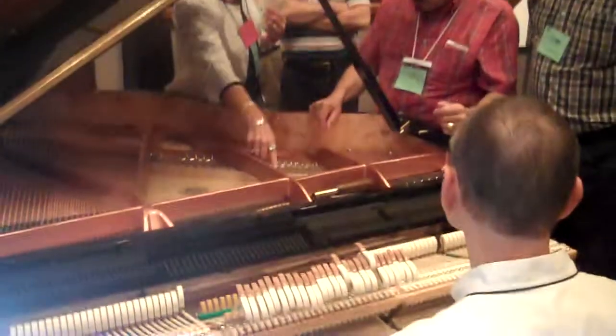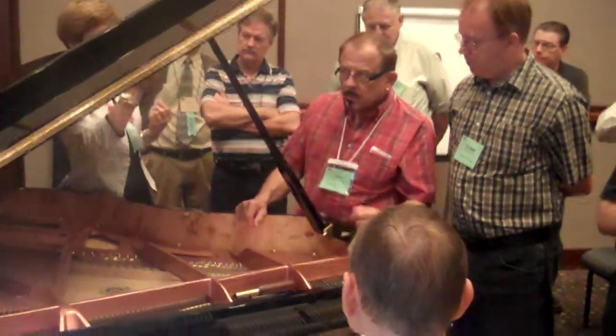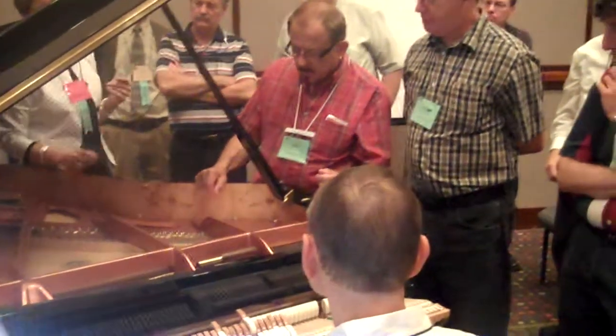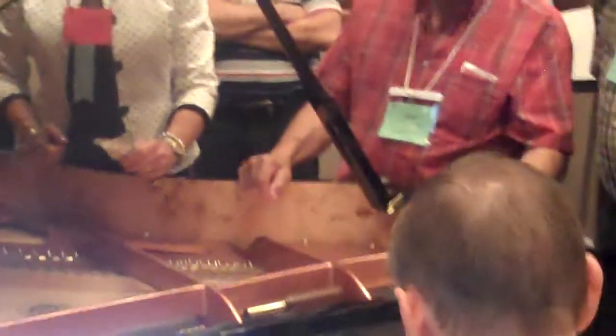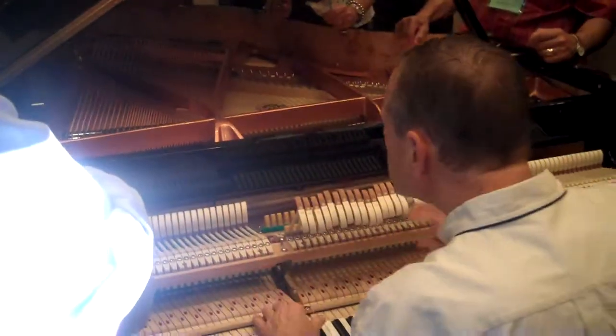Some of those differences would be, for example, in these three sizes, the bridge is a solid block maple bridge. The 198 and the 218 have a vertically laminated bridge with a beech cap. Our hammers in these are different, and in the 198 and the 218 we have German oval hammers. Also point out, if you didn't already say it, Lauren, the beech key buttons, you've got a beech shoe insert, and